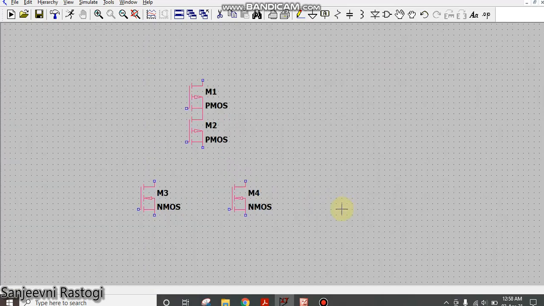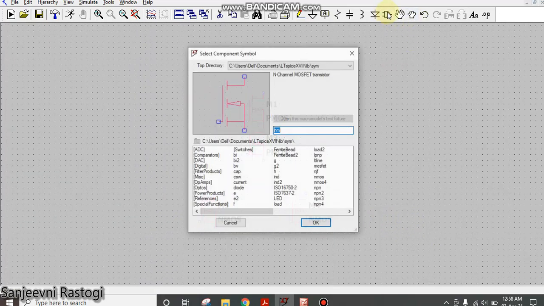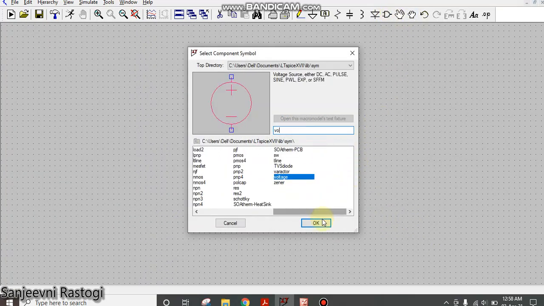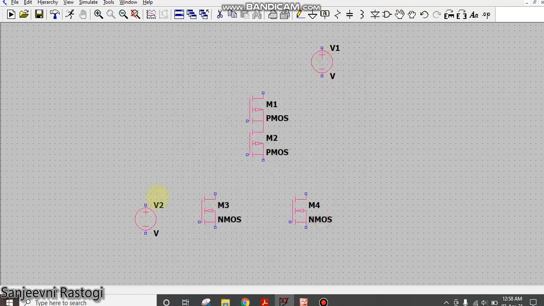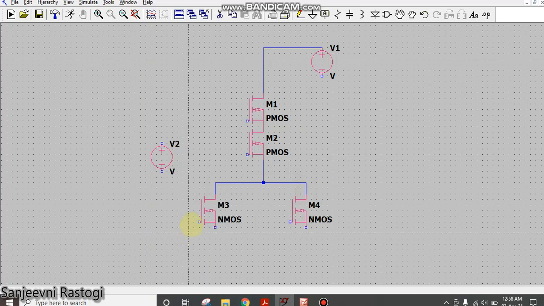Then I'll require the same thing, two voltages. The first voltage will be the power supply, and the second voltage will be the input voltage. Finally provide the connections like this. So this is how I have made a NOR gate using CMOS technology.